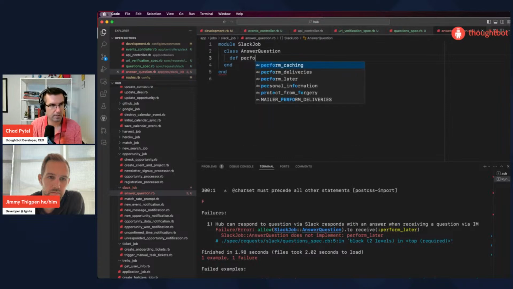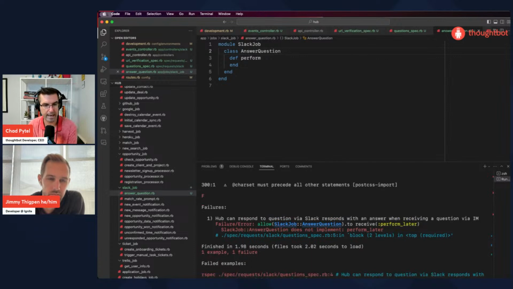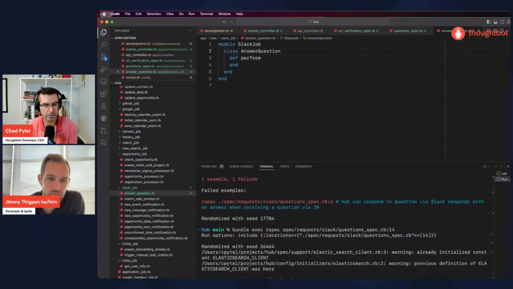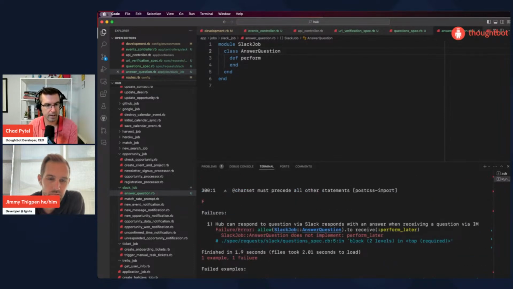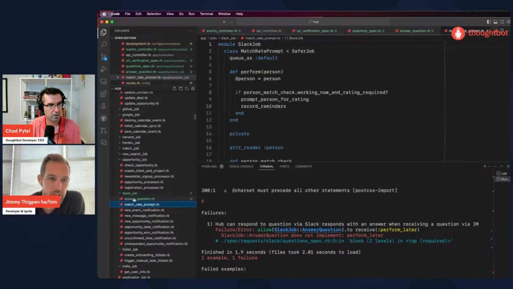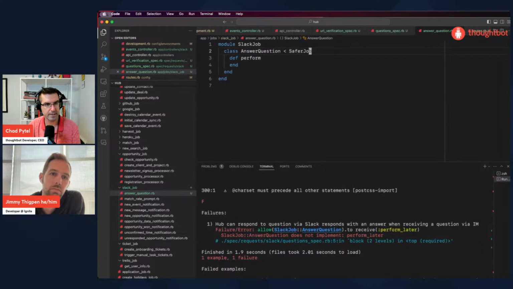So this is just going to be def perform. This is all using Active Job. You define a perform method. Active Job's built into Rails. Cool. And we want to descend from safer job because what that does is, if you go to look something up and it doesn't exist, it cleans up the job. Gotcha.